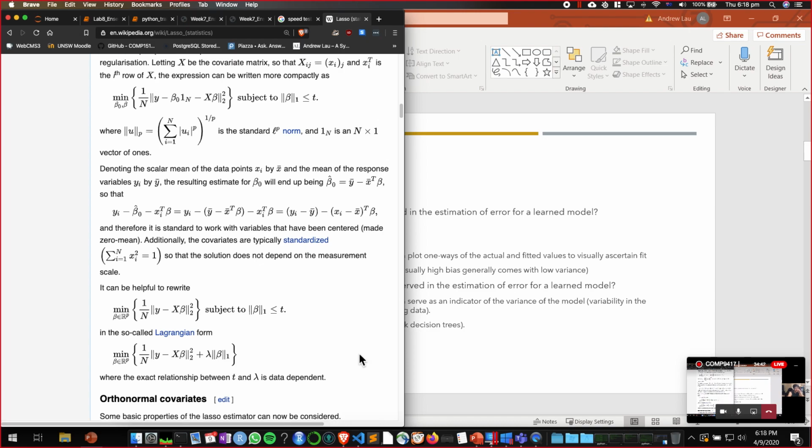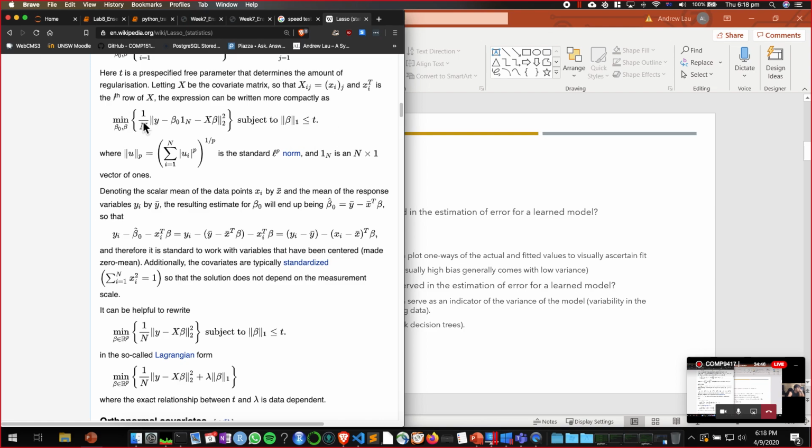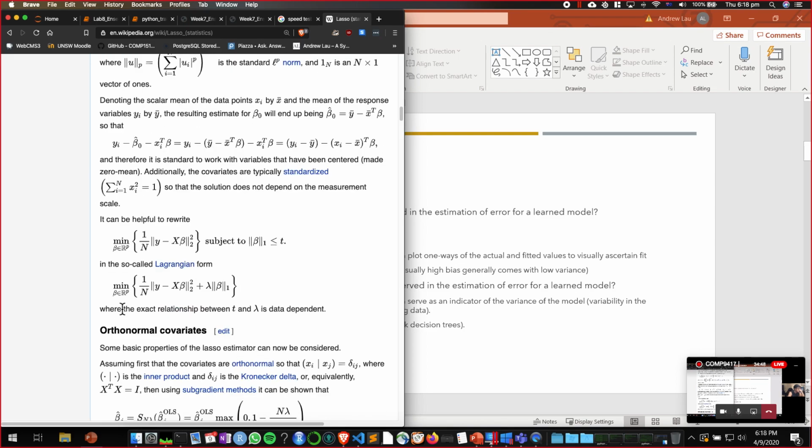If any of you have looked at the book Introduction to Statistical Learning, they show this other form, but they're equivalent. This first part of this expression should look familiar. That's the mean square error. So if you ignore this lambda and L1 beta norm here, this section at the beginning, that's just the